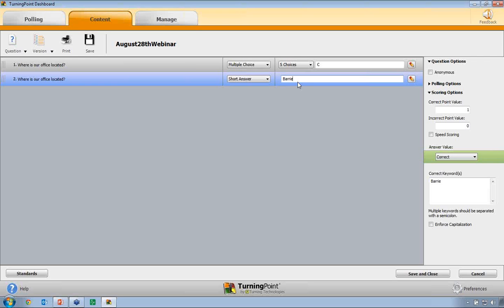The essay question is a little bit trickier. With the NXT and the QT device, just like in PowerPoint polling, you're limited to 160 characters of input. So with an essay style slide or an essay style question, it's really more of an open-ended, answer this question within 160 characters sort of thing.